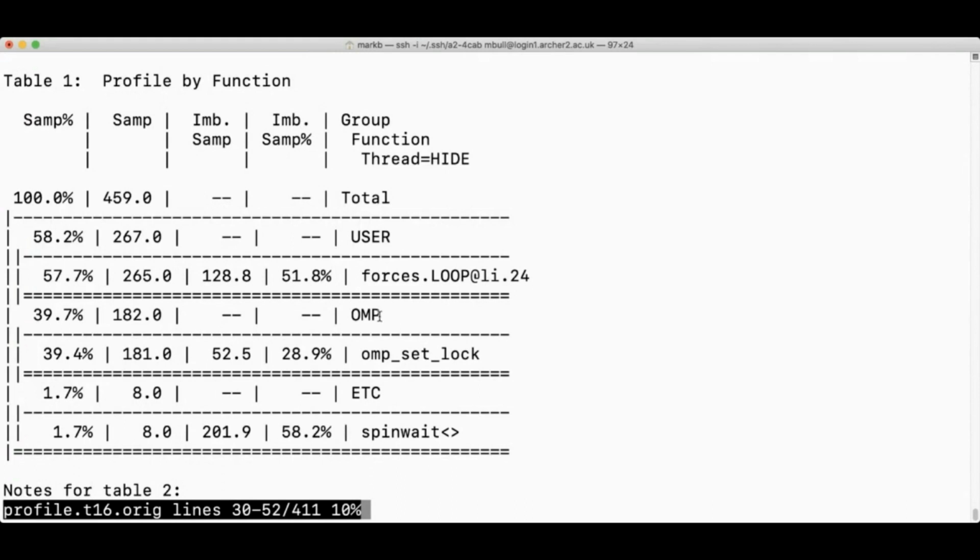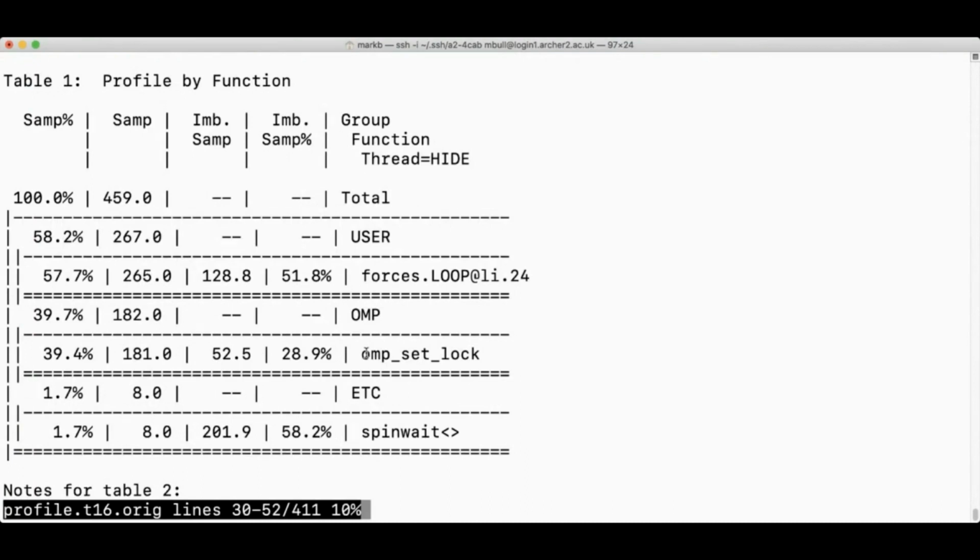Where it gets a little bit more confusing is if you look under the OpenMP category here. It reports time in OMP set lock. Now, that's confusing because there is no explicit call to OMP set lock in the code.